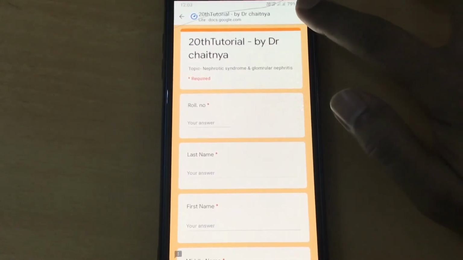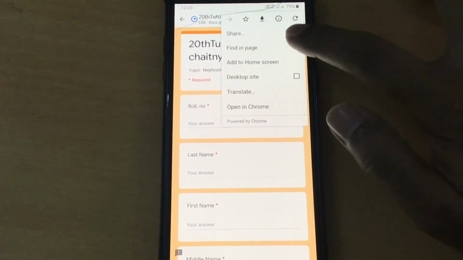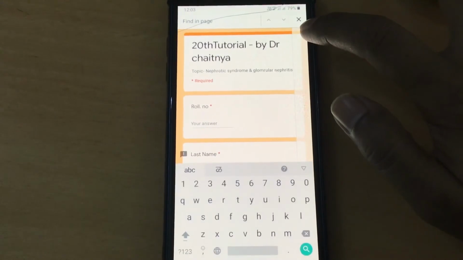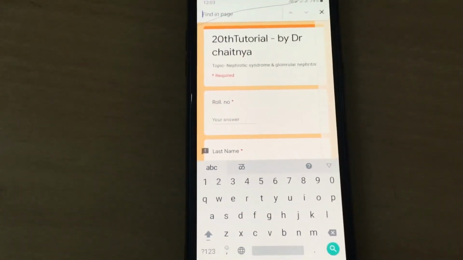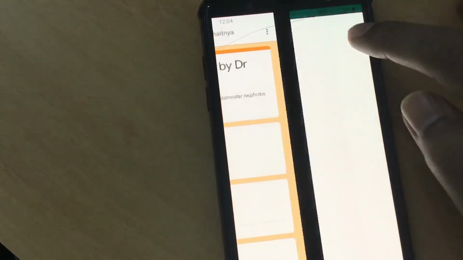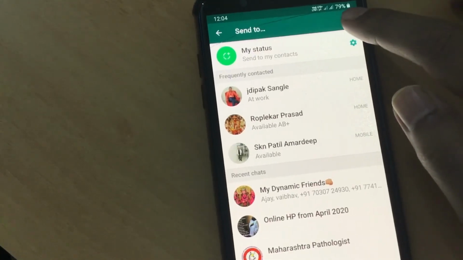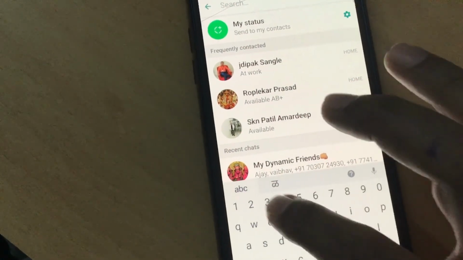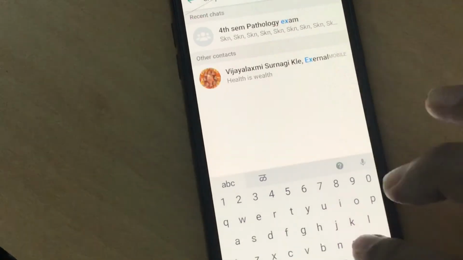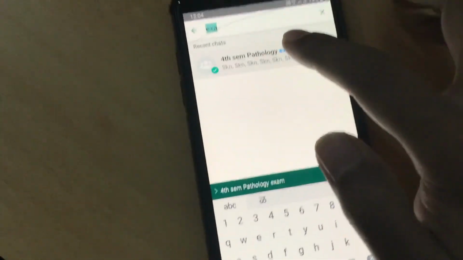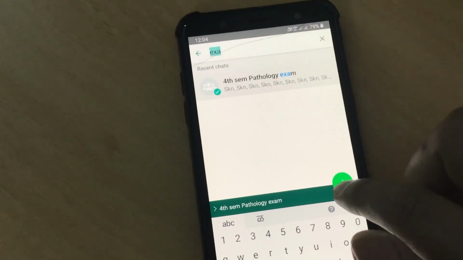Now click on the right side, three dots. After opening that, there is a share option. Just click that share option for WhatsApp, and now it will direct to your WhatsApp chat. Okay, then again you can write down the exam, that is the name of our tutorial sharing group. After that you can share this form directly on the group, and the